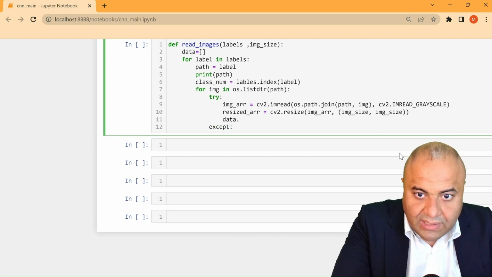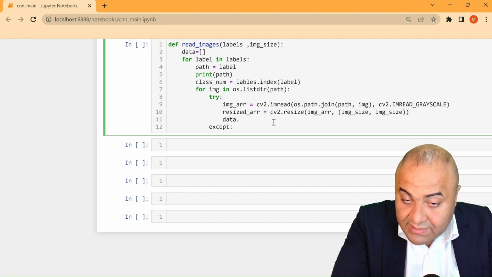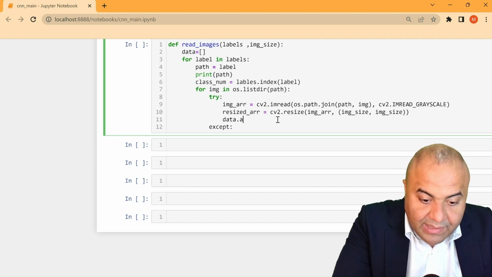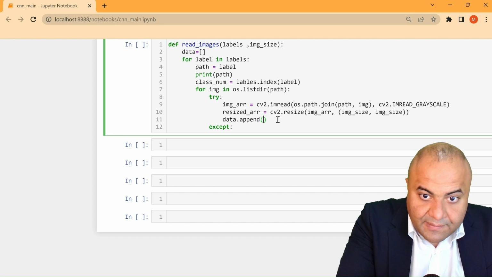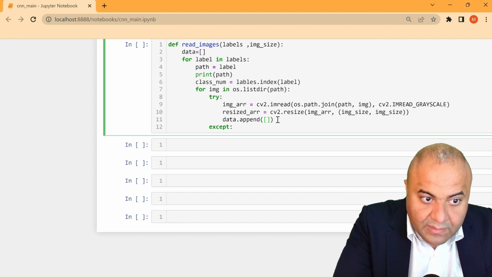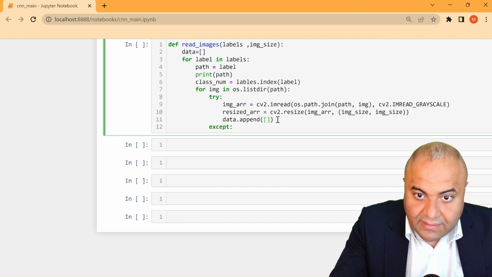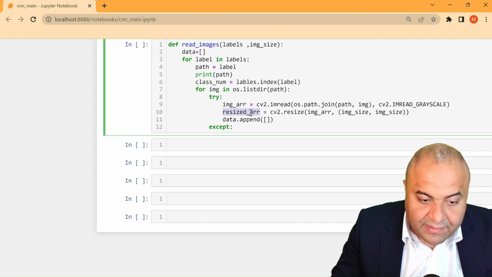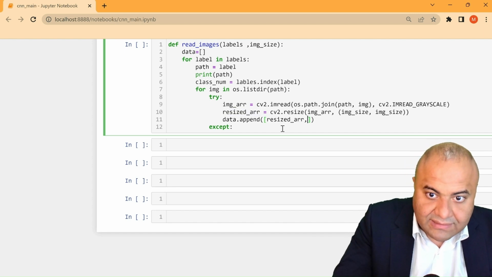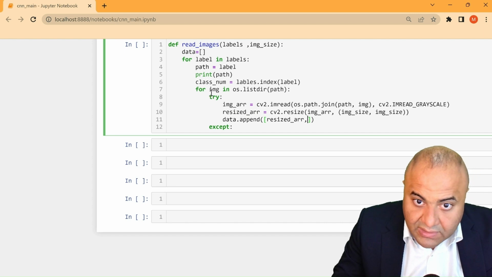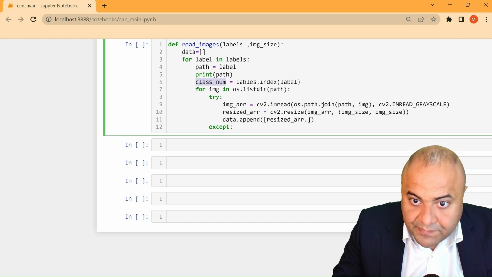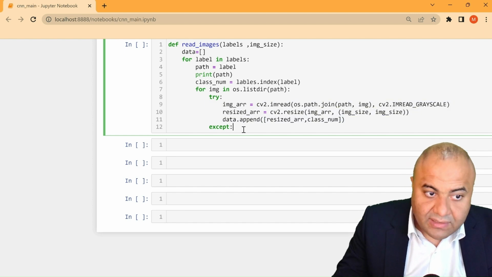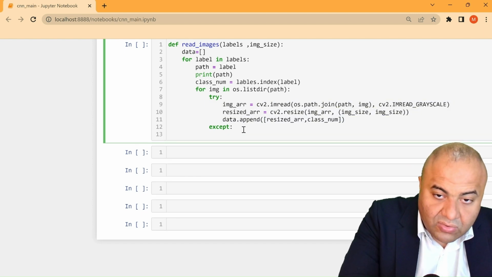data. After we read the image, we resize the image, and we append the data. Here we will append the image itself and the class it belongs to, the class number here. Now this is if everything goes well. If everything didn't go well,